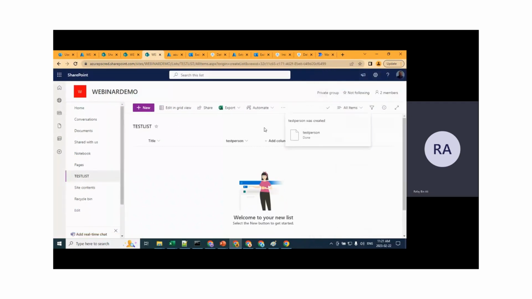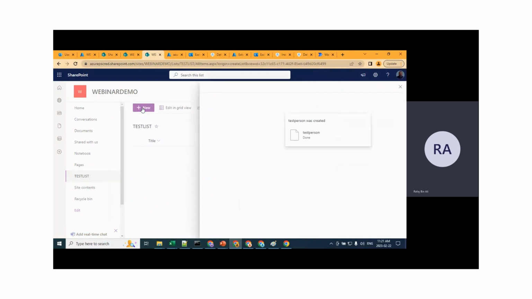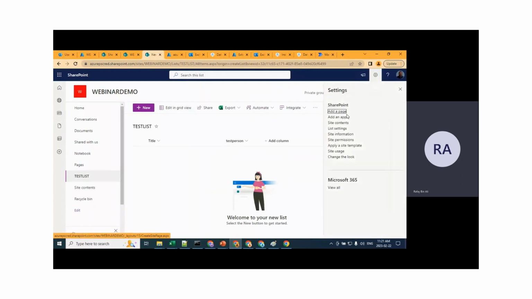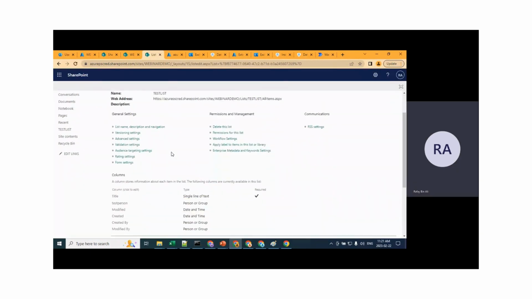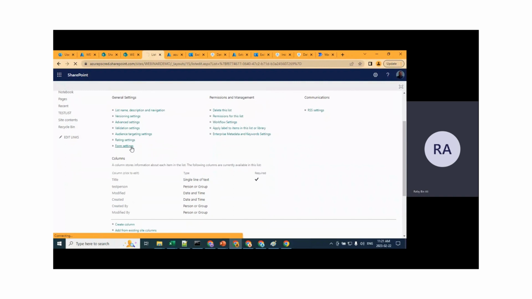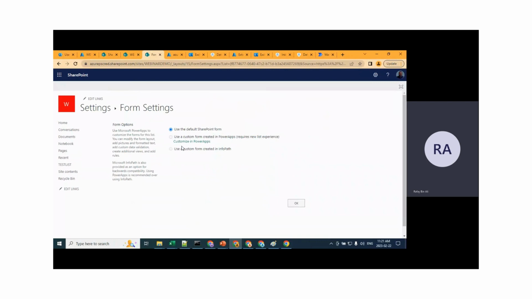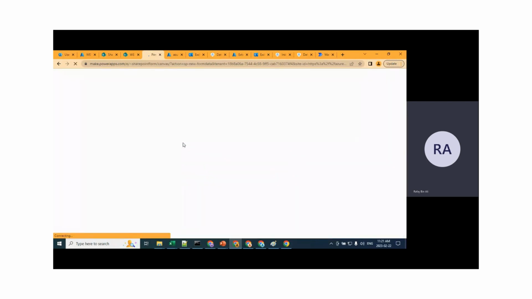So now when you click here, and if you click on a form, there might be a need that you want this form customized, and you probably don't like how it looks here. So the easy way to do it is if you go into list settings, and if you go into form settings, it gives you an option that says customize in Power Apps. And if I click on customize in Power Apps,